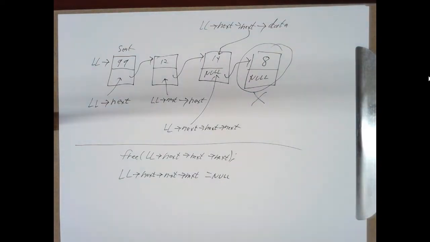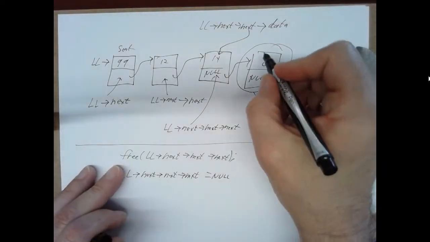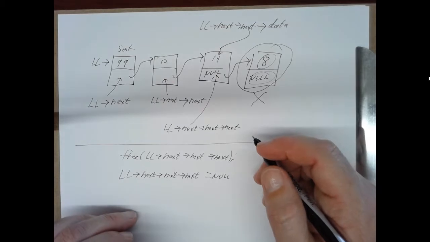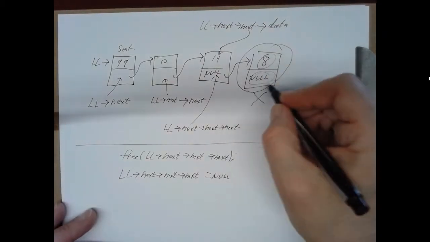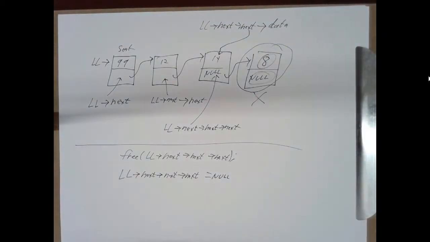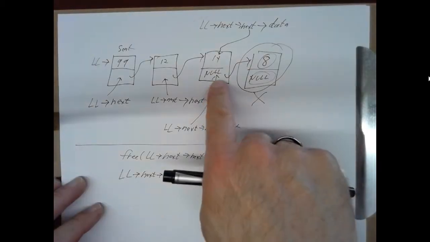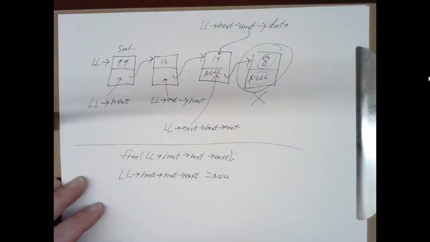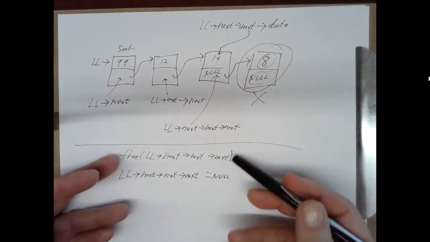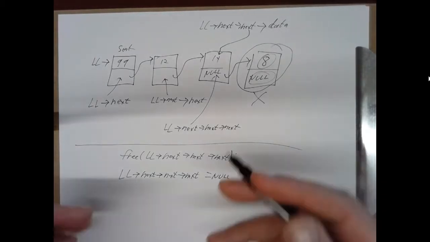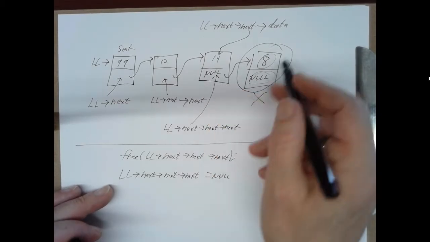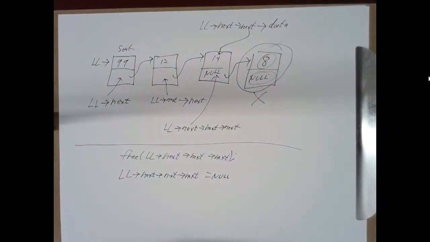The conflict would come if after we free this block, we try to use this piece of data or this next field. Because once we free it, we don't assume that we still have access to those locations. But changing this thing back here to be null after we freed this, there's no problem with that. So you can do it with just 2 statements, or you could save this into a temporary and then set this to null and then free the temporary if you want. That's fine.